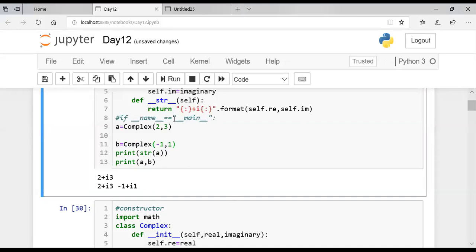So this is, again I'm repeating, only made when you have n number of classes and you want to run all the classes from the main module as per your application. Then only you can go for it. Otherwise, single classes you can write like this. So let me move on with the next part now.